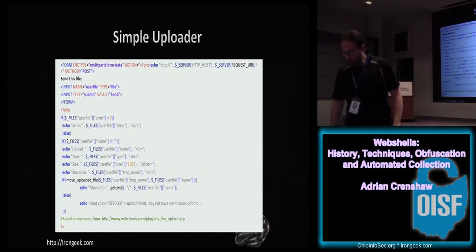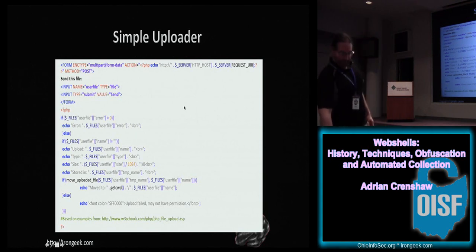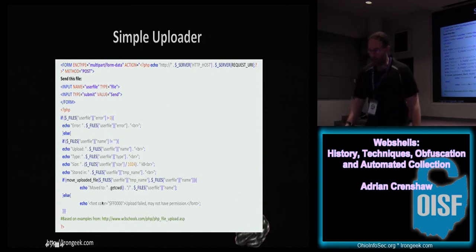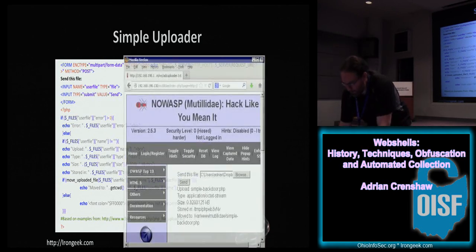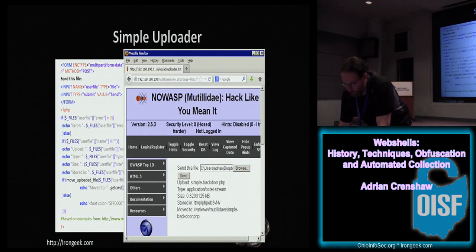Now, here's a simple uploader. And the way the simple uploader works is you can actually make it a lot simpler than this. I have a little form, and this particular bit of PHP code, so I don't have to specify the path completely myself. It figures it out via where it's located, what the host is I'm trying to attack, what the requested URI is, and it'll allow me to upload a file. I select the file, and it has a bunch of stuff in here for debugging, but this is a real simple file uploader, and it could be made even simpler. But here's what it would look like in a